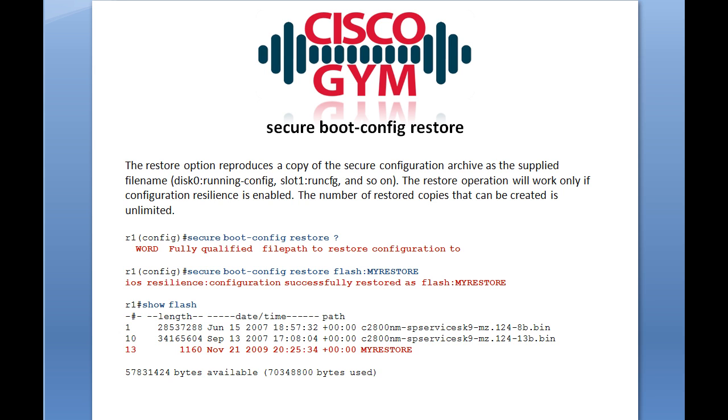Let's go ahead and check out how to actually use it. And to use it is actually to restore the configuration. And you can read this bit here. It's kind of interesting. The number of restored copies that can be created is unlimited. So we saw that there was an option for restore on the command line when we're in configuration mode. And here we see